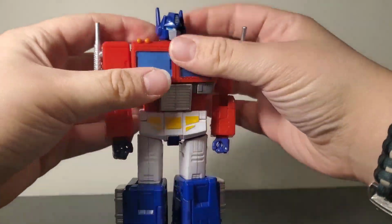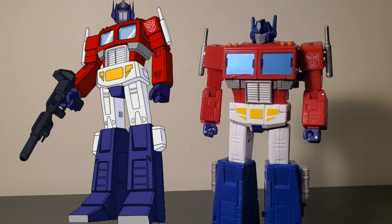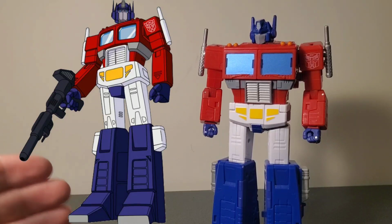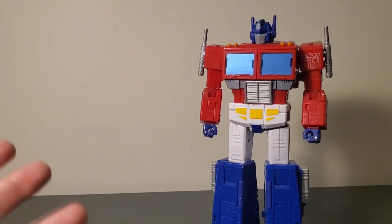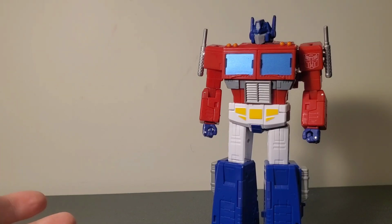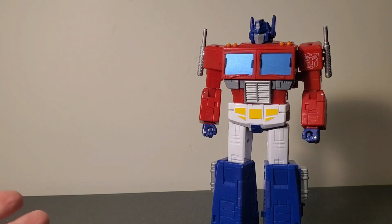He is just a spitting image of his G1 self. Doesn't really do the figure justice. I'll say spitting image because that is what I say on this channel. But this is like a mirror. This is what I see in my dreams. This is what I wanted to see in my dreams for as long as I've lived for an Optimus Prime figure. I thought that the Earthrise G1 Prime was good. No. This